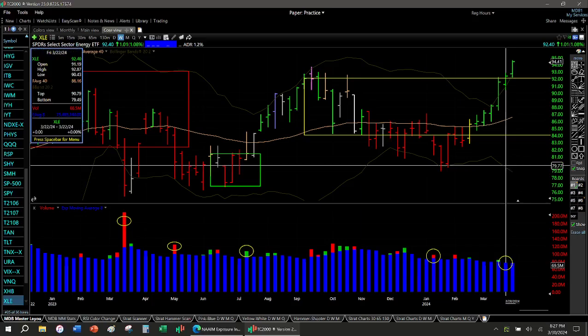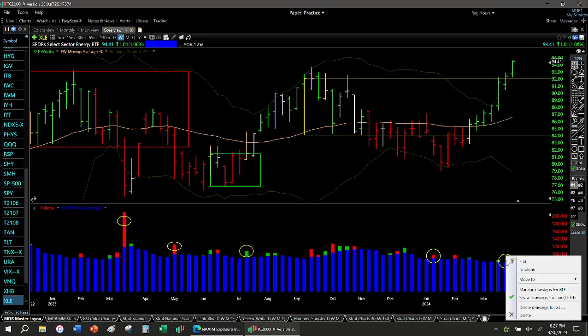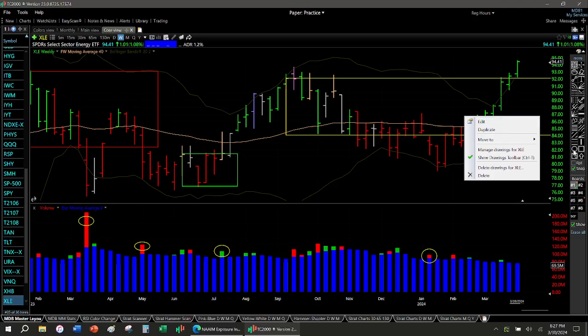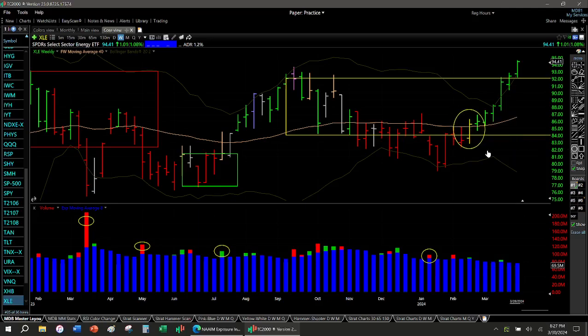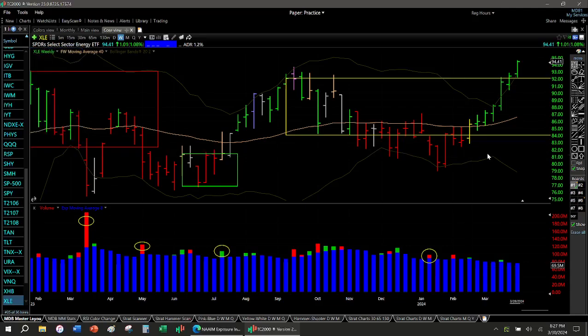XLE, there's a box breakout. Volume is low, but that's just matching oil, looks like. But hey, you had the start signal here, yellow bar buy signal right there. It's go time. I tweeted this way back when, and here, I'll dig that out. But